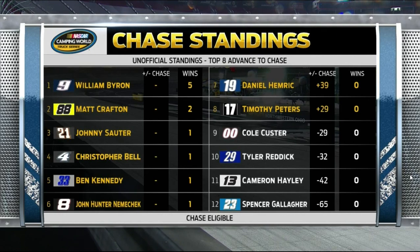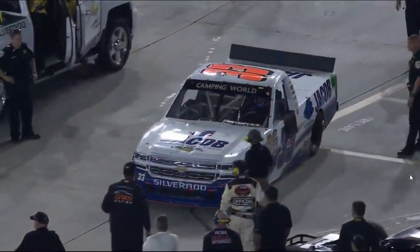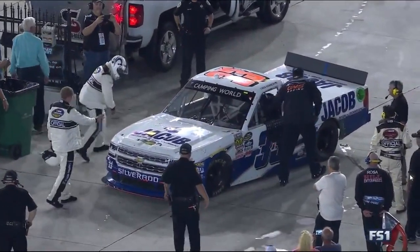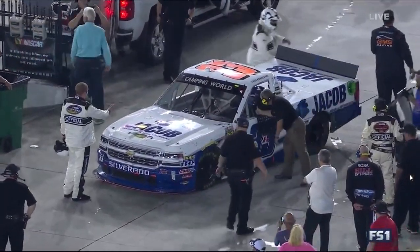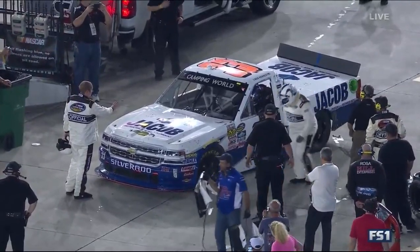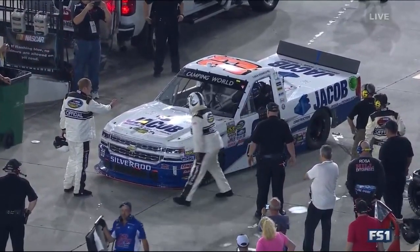How about the job Hemrick did in a backup today, and what that team did after crashing in that first practice, comes all the way back, finishes 3rd tonight. That's a championship effort right there is what that is. And that's what we expected out of Daniel Hemrick. He knew he made a mistake. First time on the track, put his team in a real pickle, and he was able to fight back and get a top 3. Can you imagine the joy in the heart of that young man right there, Ben Kennedy, winning his